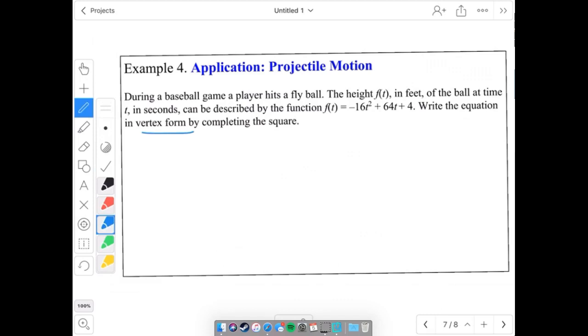So remember, your vertex form is y equals, you might have an a out front, x minus h, that would be a horizontal shift, squared, plus k is a vertical shift. So this is kind of a tricky problem because we're doing completing the square inside of a problem to get that h, or x minus h squared piece. So if I'm looking at our function that they give us here, I need to only deal with this piece, and out of there I need x squared, or in this case t squared, so I need to factor out a negative 16. So we're going to have f of t is equal to